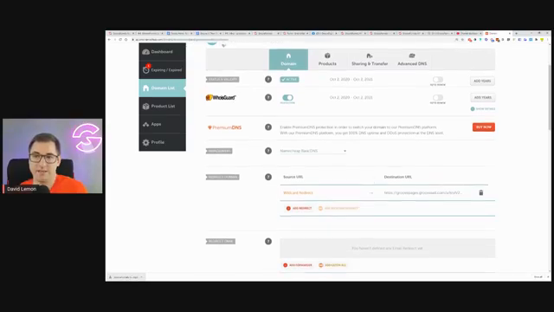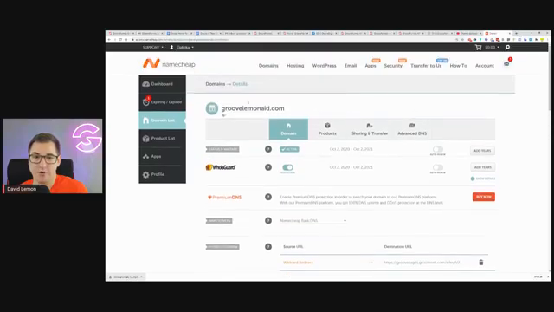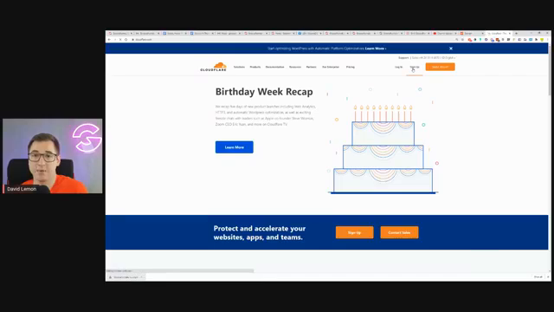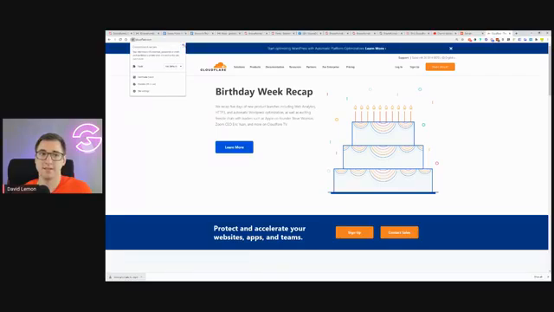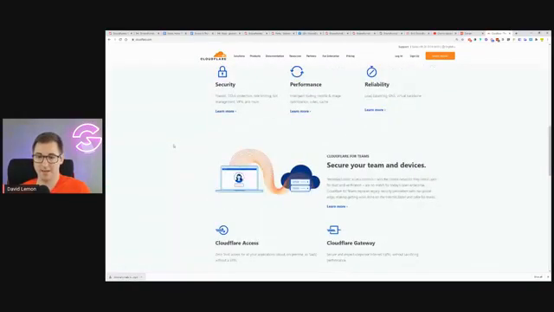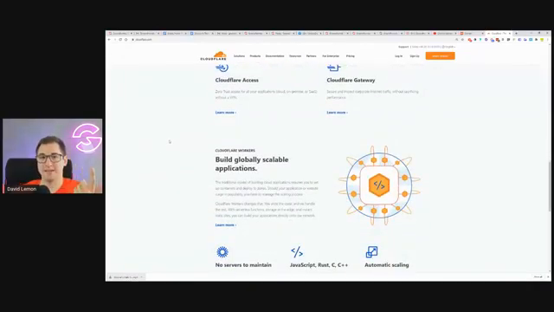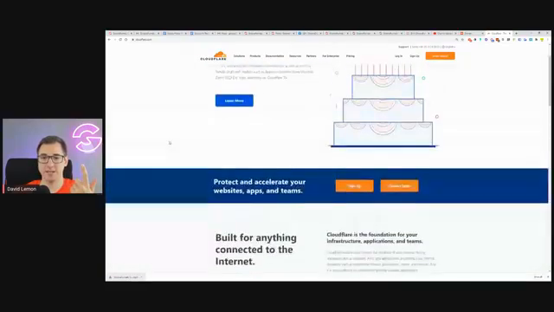So it's very simple. You have your domain that you purchased. In my case, it's groovelemonade.com. And then I will head over to Cloudflare. Okay. Cloudflare, you either sign up or log in. Cloudflare is an app which handles giving you SSL certificates so that your website is secure. It has this secure lock on it, so that it says connection is secure. Also, it is making your sites load faster. It is a CDN, which means that it secures your site. It makes your site load faster because the CDN is a